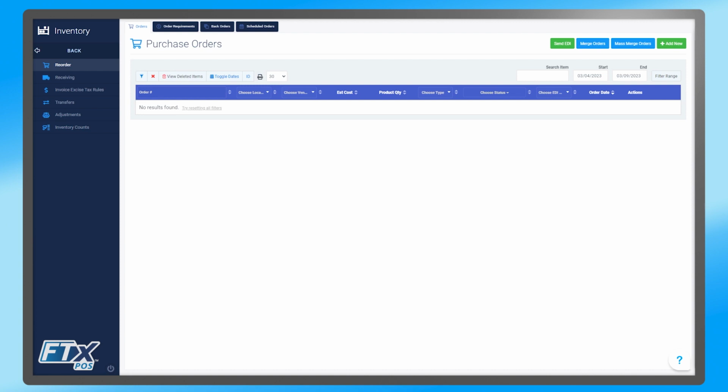This video is going to cover the Reorder module in Control Center. At the top of the screen, we have 4 tabs: Orders, Order Requirements, Back Orders, and Scheduled Orders. The Orders tab is going to be where we're able to create orders and view all of your open and